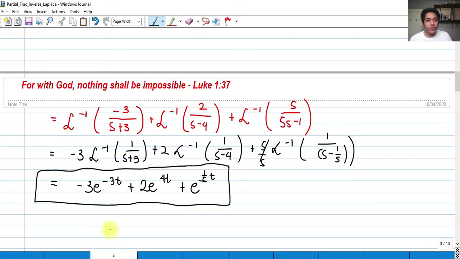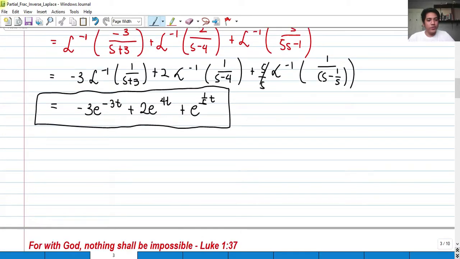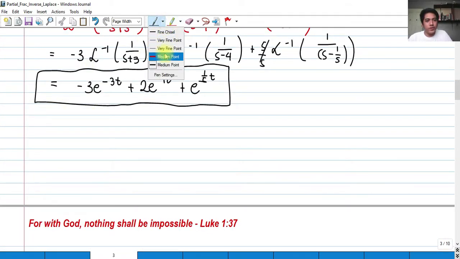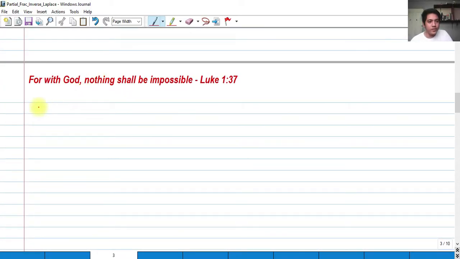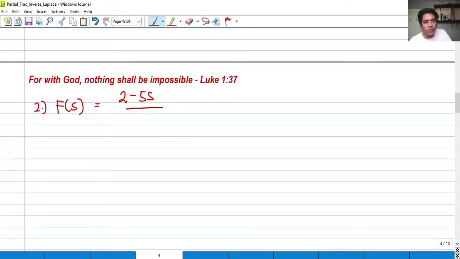Okay, so let's proceed with another example. For example number 2, let me start with this. Find the inverse Laplace of F of s equals 2 minus 5s over s minus 6 multiplied by s squared plus 11. As you can see here, we have one distinct root and we have one quadratic, that is in the second degree. So we can decompose this into partial fractions